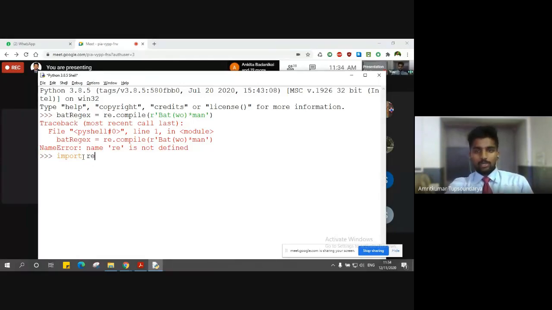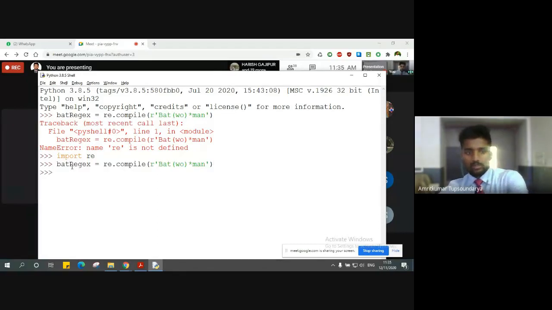The moment you close the shell, the imported module vanishes from memory and you have to import it again. So import the module first, and then when you execute it, you will not get any error. Let me show you.